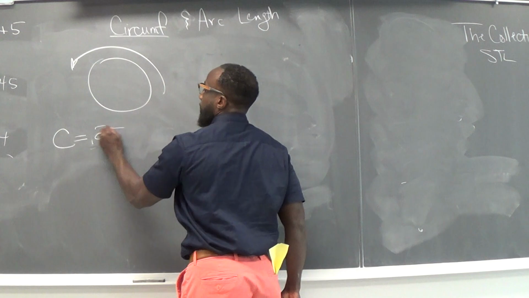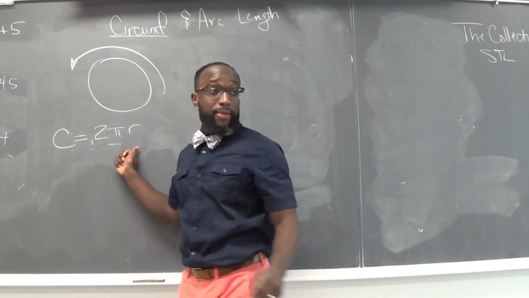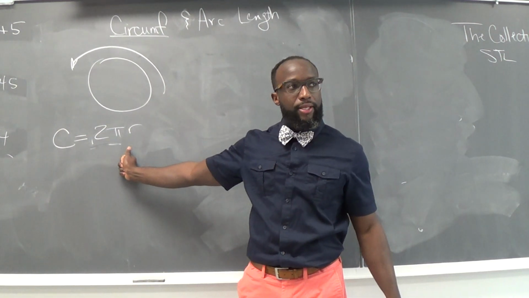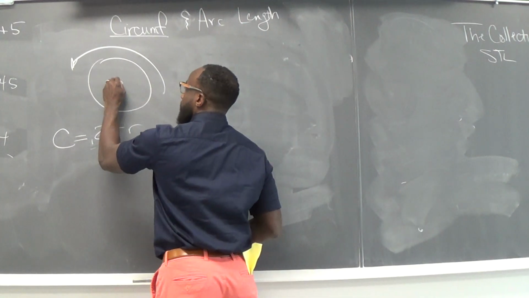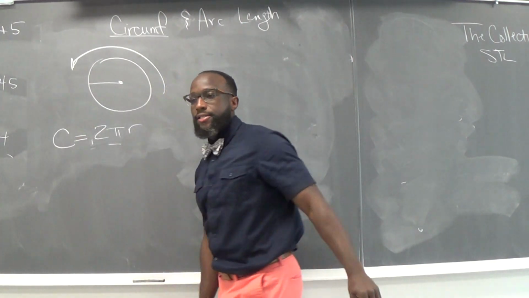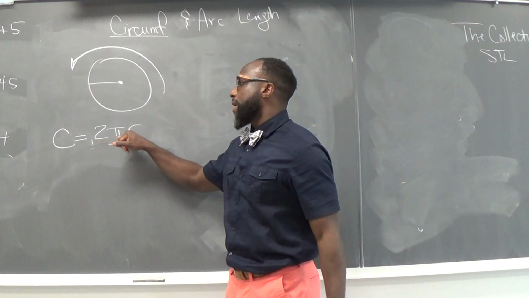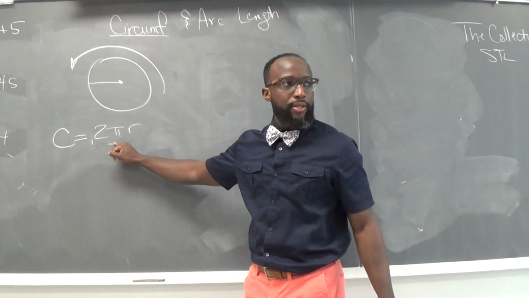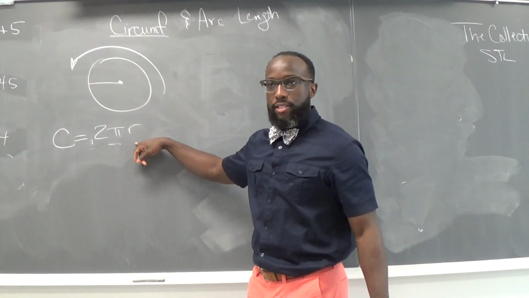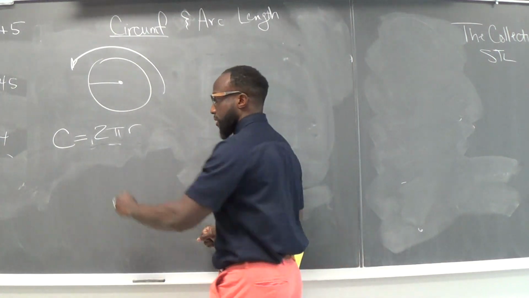2 pi times r. What does r mean? Radius. What does radius mean? Half the circle's distance across. Right, from the center to the edge of a circle. So it's 2 times pi, which is a number, times the radius. Or what? 2 times